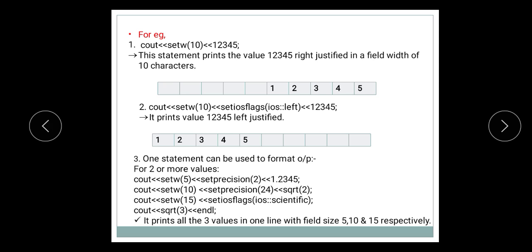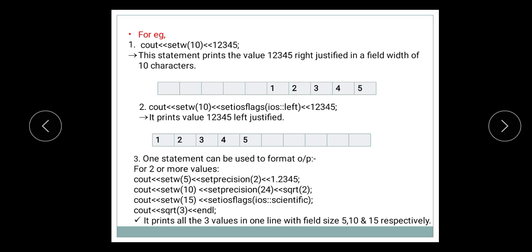As I said, when we are using the width function or the setw function, by default the output is displayed right justified. If you want to display the data left justified, you need to use the different flags, which we already know from our previous session. If I want to display this data not right justified but left justified, I will show how to use the ios flag.